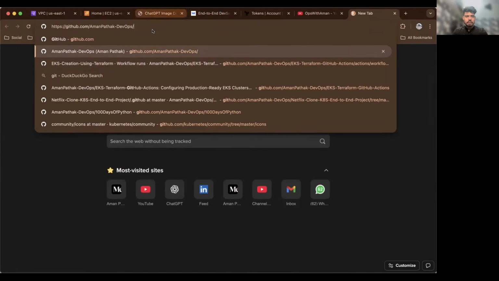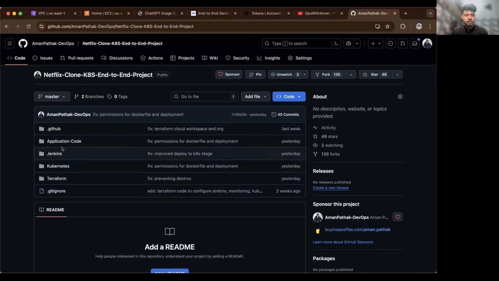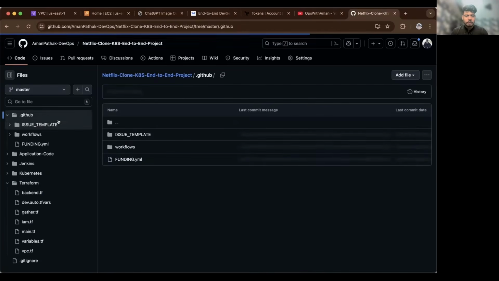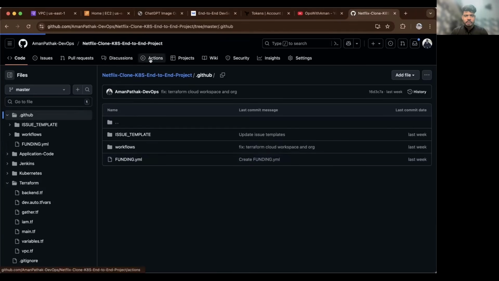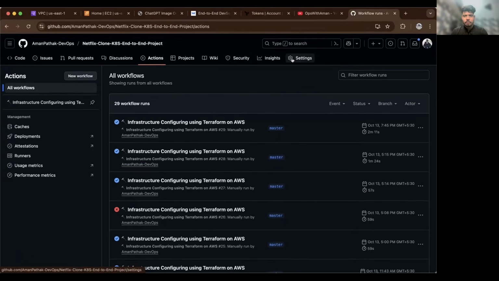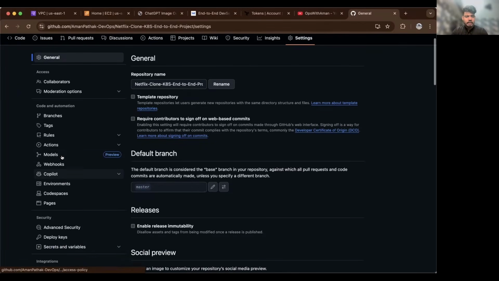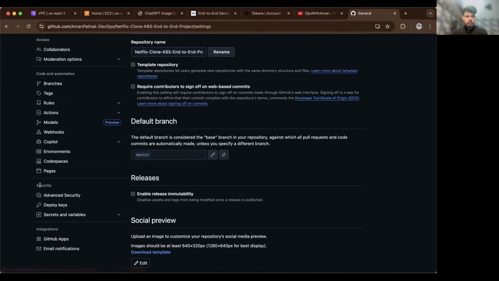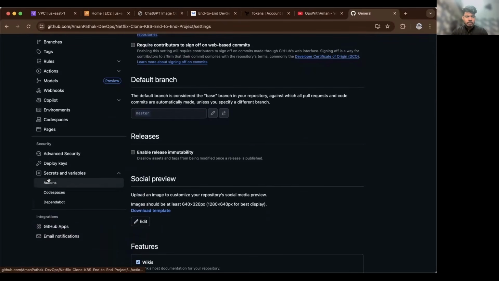So here you can see that this is the repository of this project. Here you can see the Terraform code. Then we have .github as well. And if I show you the actions, you can see that I've already run multiple workflows for this project. As I've copied the token, I need to use it, so I need to go to the settings options. Here we have security options, and in that security we have secrets and variables. Then you have to click on actions,